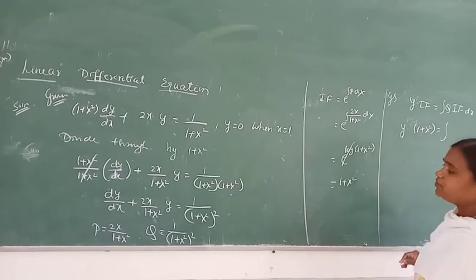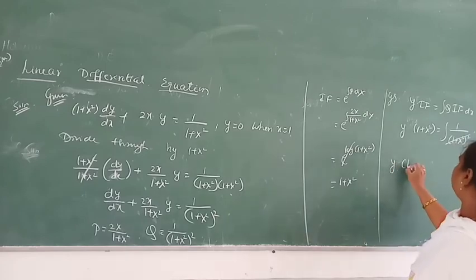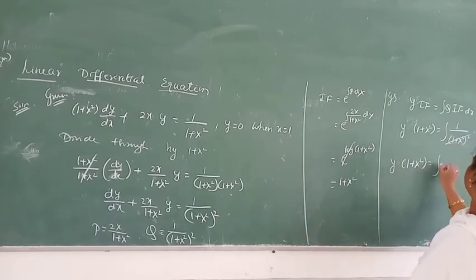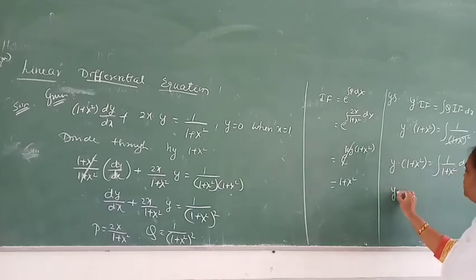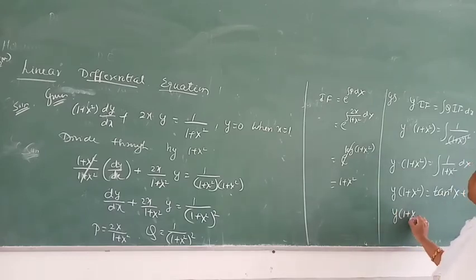Equal to integration of q. Q is 1 by (1 plus x square) the whole square into IF, 1 plus x square, with respect to x. 1 plus x square and 1 plus x square get cancelled. Y into 1 plus x square equal to integration of 1 by 1 plus x square dx. Y into 1 plus x square, and the integration of 1 by 1 plus x square is tan inverse x, plus c. Or else we can write it as y into 1 plus x square minus tan inverse x